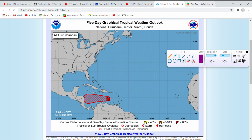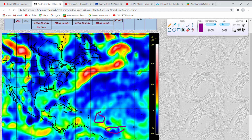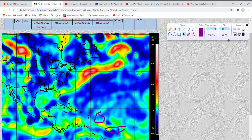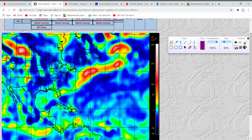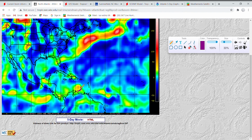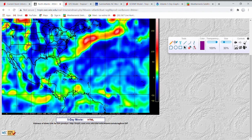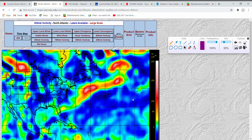But let's check out the North Atlantic 850 millibar height anomaly here. Not an anomaly, what am I talking about? But a 850 millibar vorticity. And we'll check the wind shear in a second. So it has a pretty round appearance here. Energy is consolidating, bunch of energy scattered from these fronts, and of course, main development region. But we have bunch of energy in the East Pacific as usual. Energy from the storms dipping down in the United States, of course. And I'm still surprised we are talking about the tropics here. I mean, it's